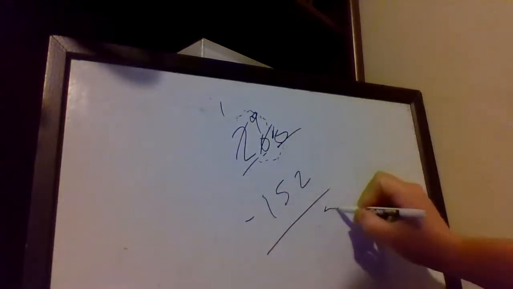Alright. So now it's time to subtract. 10 minus 2 is 8. And 9 minus 5 is 4. So our answer is 48. Now,